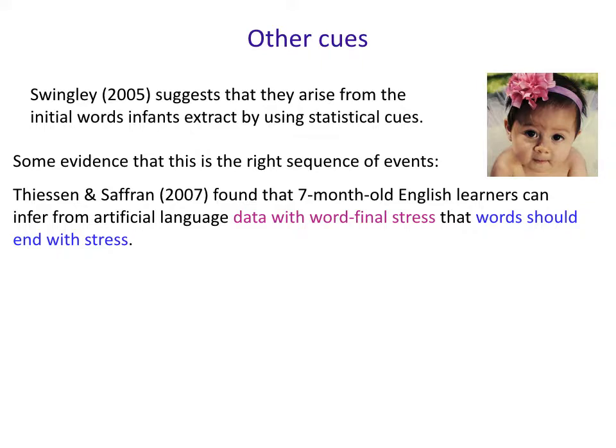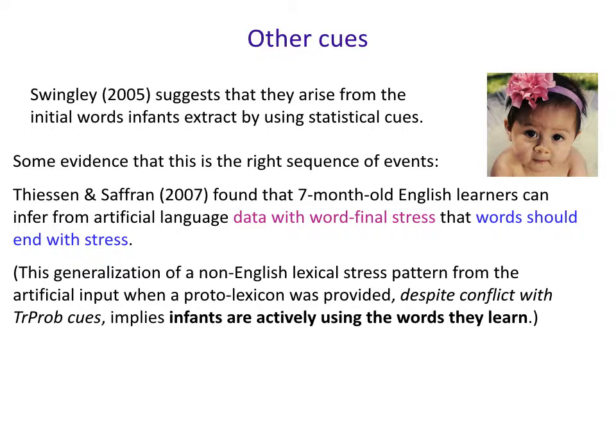So recall that for English, the normal one that you would be learning is that words begin with stress. But what they did is give these 7-month-olds data that suggests, oh, you know what, words in this language, this ambient language you're learning, end with stress. And they found that indeed, 7-month-olds were like, great, thanks for giving me that seed set of words. Woohoo, I'm going to learn that words should end with stress, which is in fact the non-English lexical